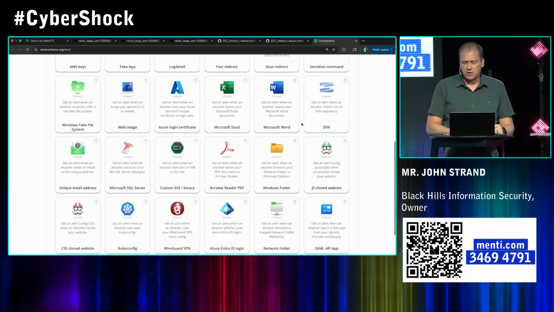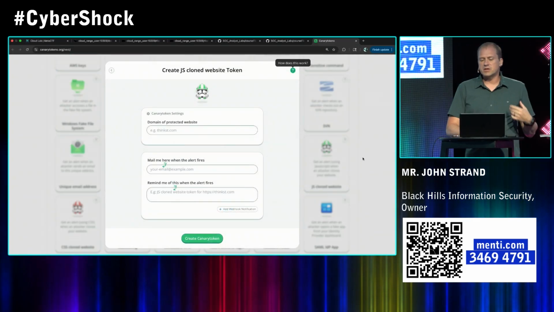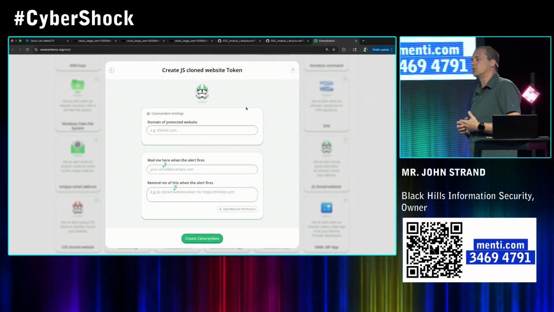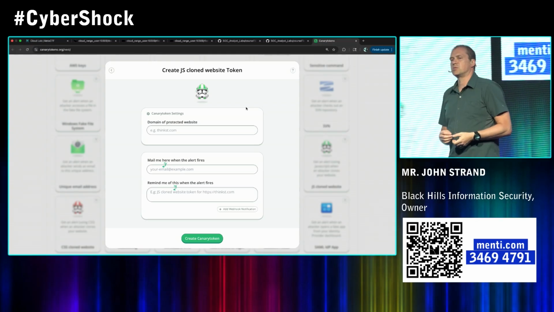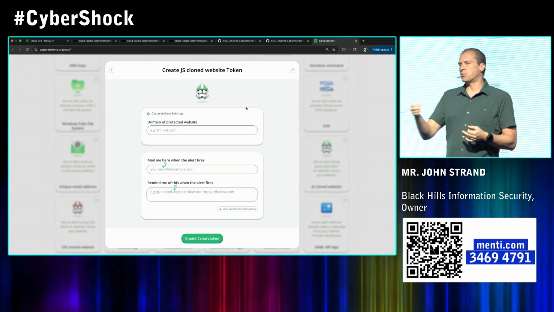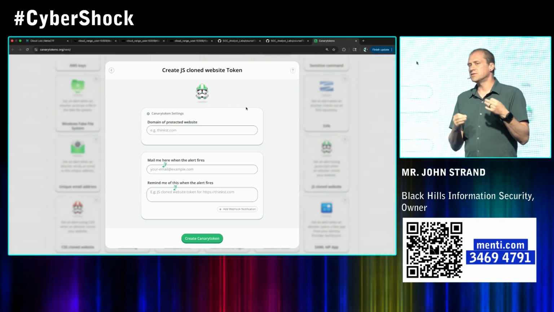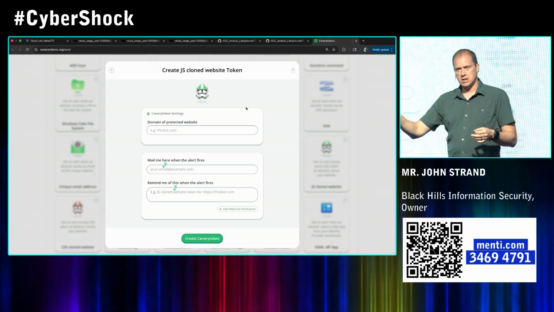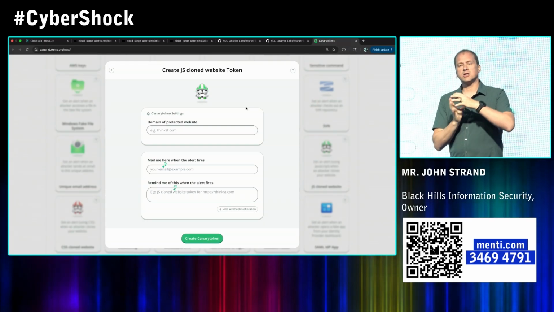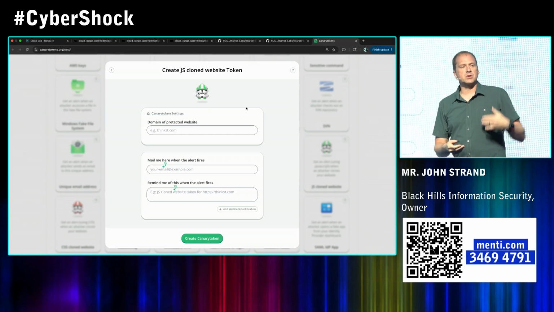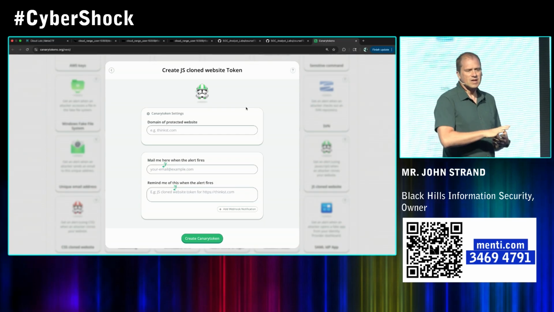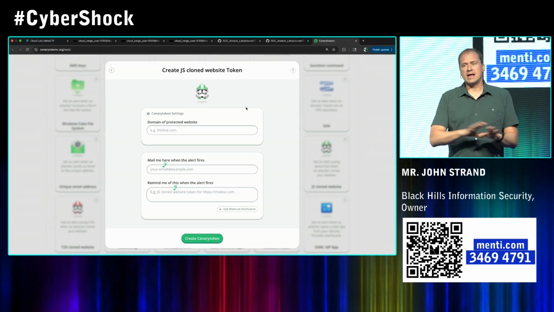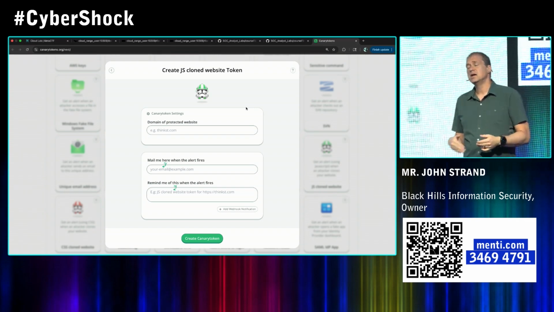So I'm going to focus on one of my favorites. I'm going to focus on the JavaScript cloned website. Let's talk about attacker methodologies. Whenever we're trying to break into an organization, one of the things that we will do is find authentication portals our customers are using, clone those portals, and then use those in a spear phishing engagement. This is standard ops for any offensive team, and it has been a standard operation for offensive teams for probably